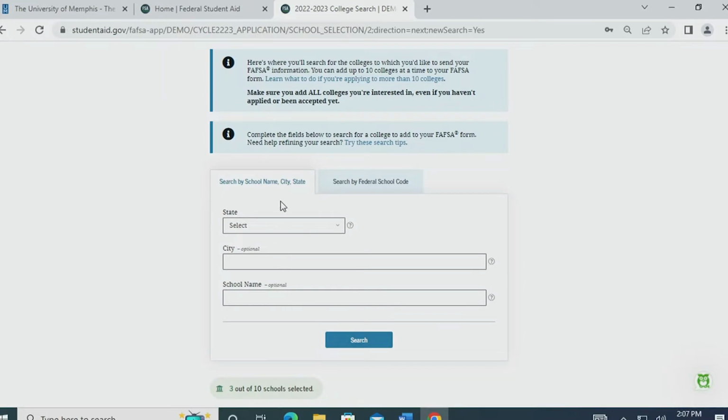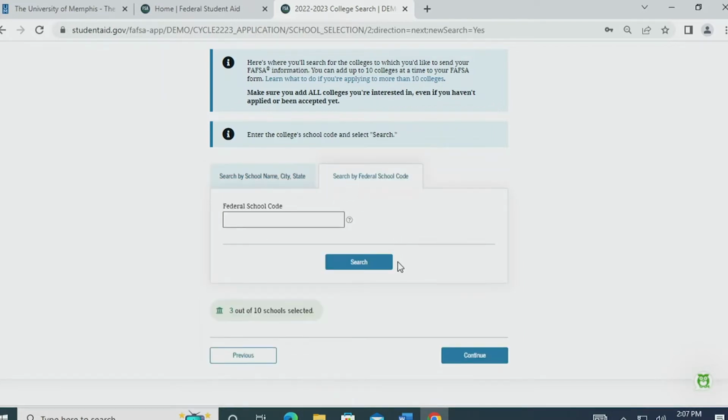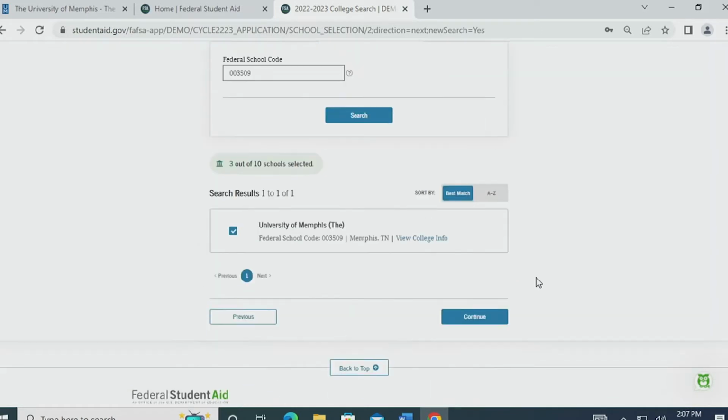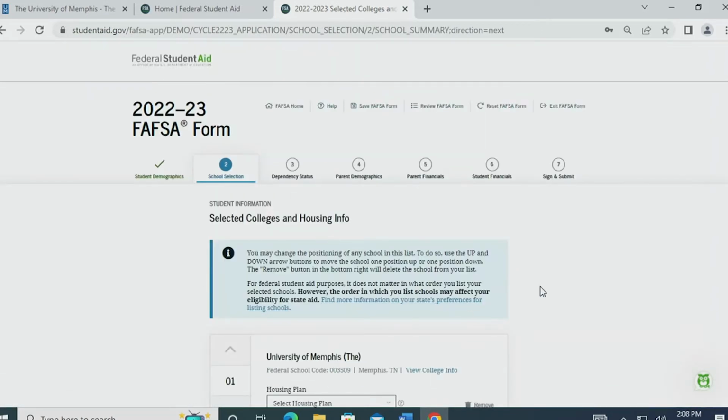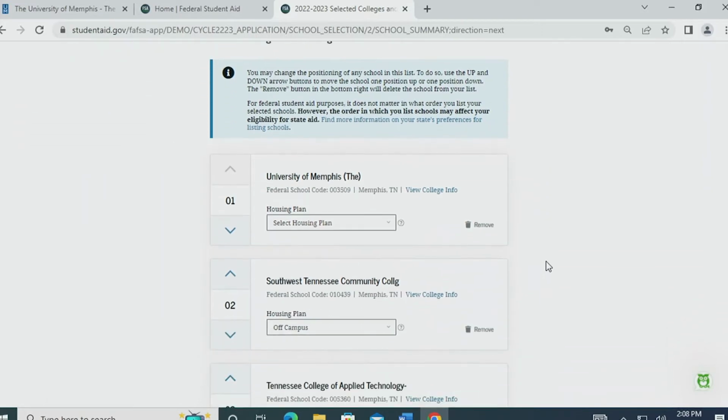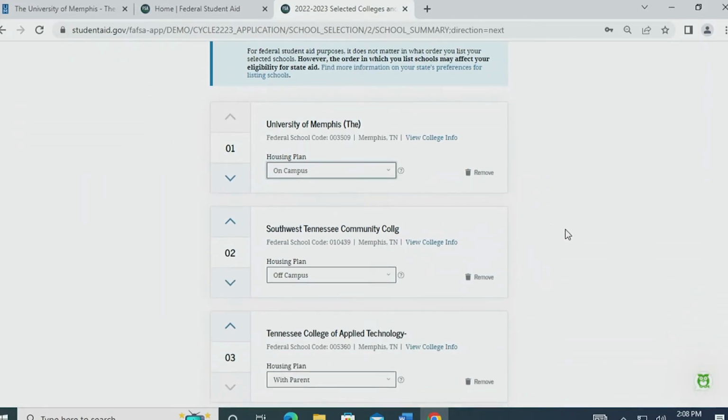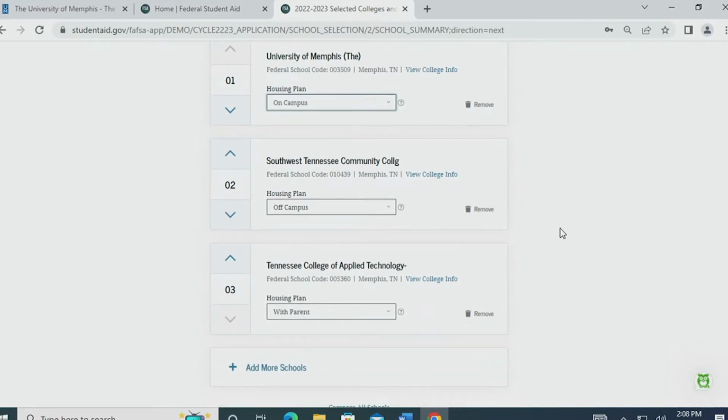To find a college or university, you may either search by name or input that institution's FAFSA school code. In addition to selecting colleges and universities, you will also indicate your housing plans, whether you plan to live at home with your parents, on campus, or off campus, not with your parents.